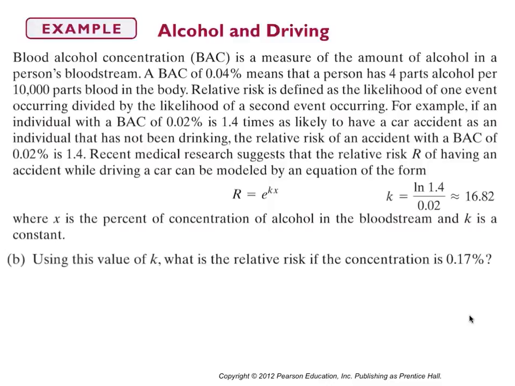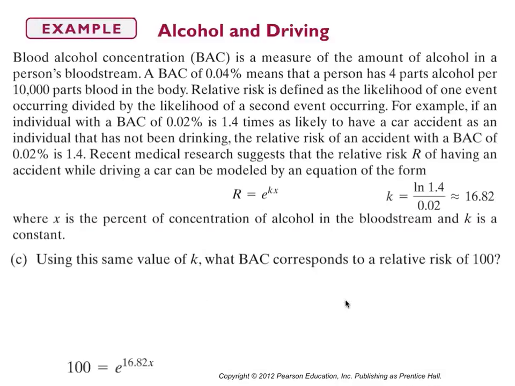So now we can use that value. Let's say we want to find the relative risk if the concentration is 0.17%, which is pretty high. We're going to plug in 0.17 into our equation. So we have e to the 16.82 times 0.17 power. Make sure if you're doing this in your calculator that you put parentheses around your exponent. And you should get about 17.5, so that's our relative risk for someone who has a 0.17% blood alcohol content